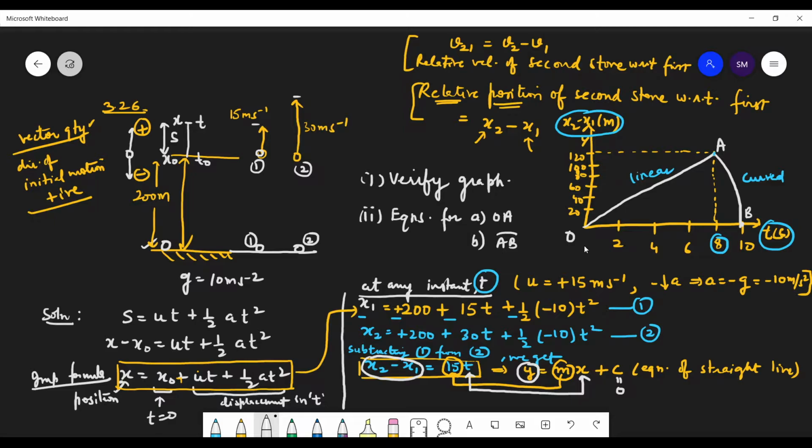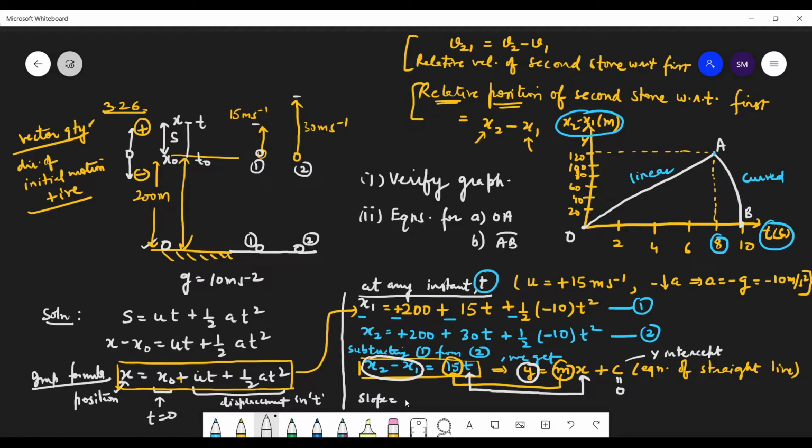c is the value when you put x equals 0. So when x equals 0, what is y? That's the y-intercept. So c is your y-intercept, meaning where this line will intersect the y-axis. So it intersects the y-axis at 0. That's clear from this equation. This graph has c equal to 0, so we are starting from 0. And then this 15 is the slope.